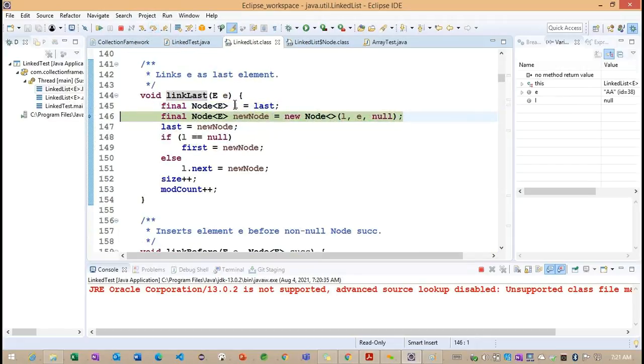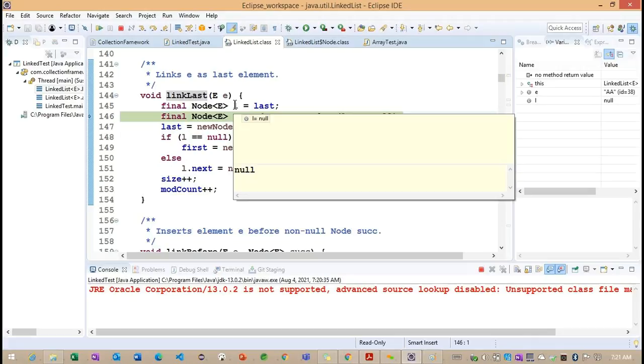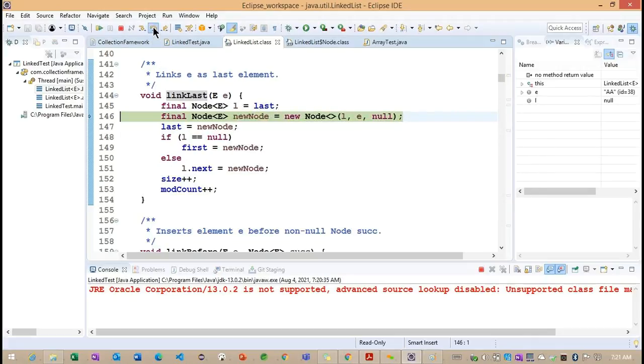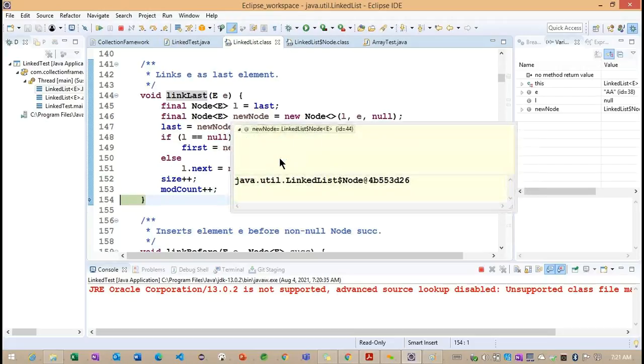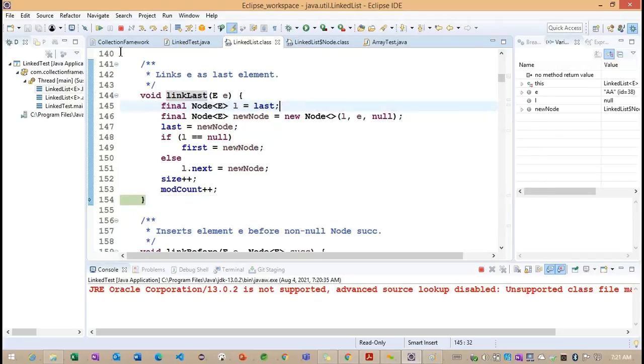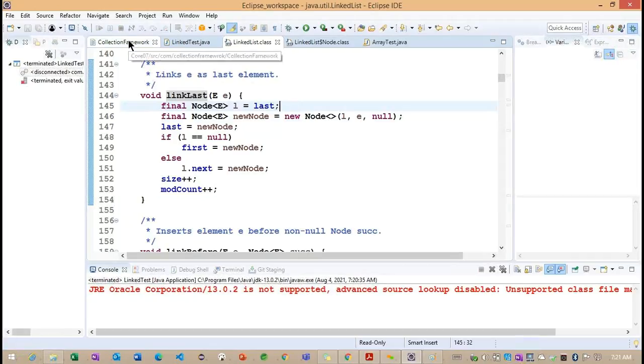There is no last node here. We get l as null, because this is the first object we are creating. And with the help of this last node, we are creating one more object here. So they are making the last node. If l is equal to null, they are making first also. First and last, we have only one node, the current node we are making here. So this is a new node. Now you can see there is no previous and next. This is the first and last node here. So this is the way the nodes are created.